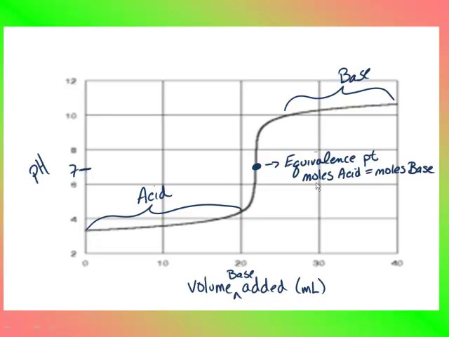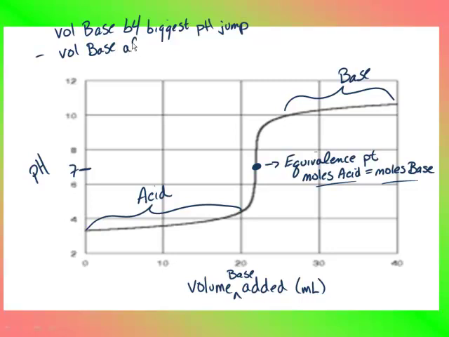Okay? Now, how do I determine each of these numbers? Well, it's really easy, because when you do this experiment, you will have a big jump in a pH. Okay? So what you do is you take the volume of base before your biggest jump,